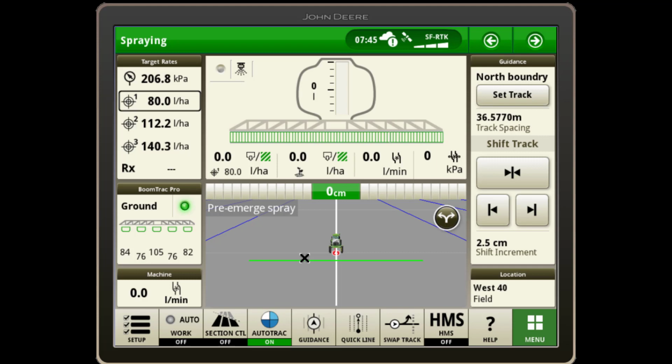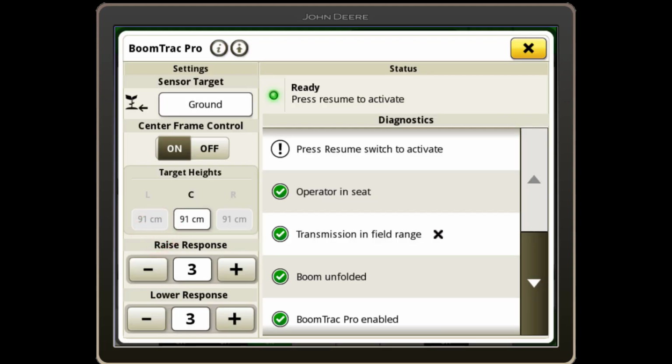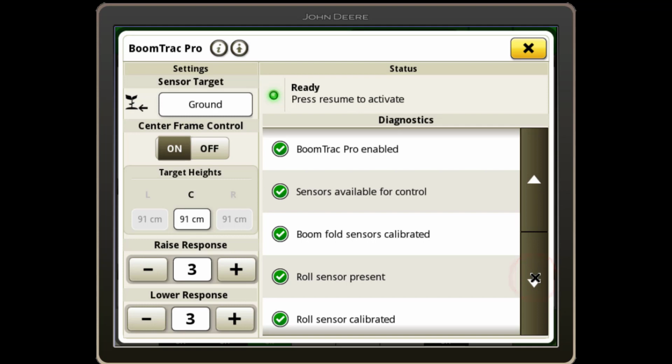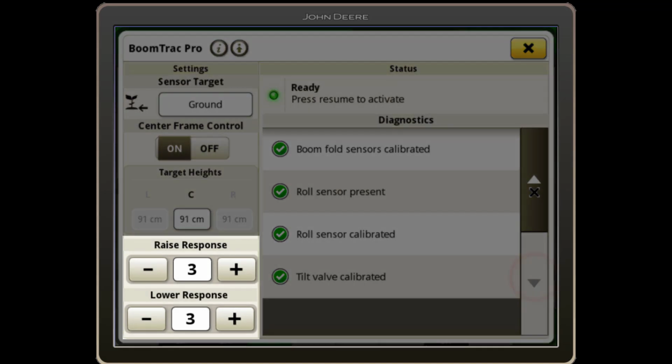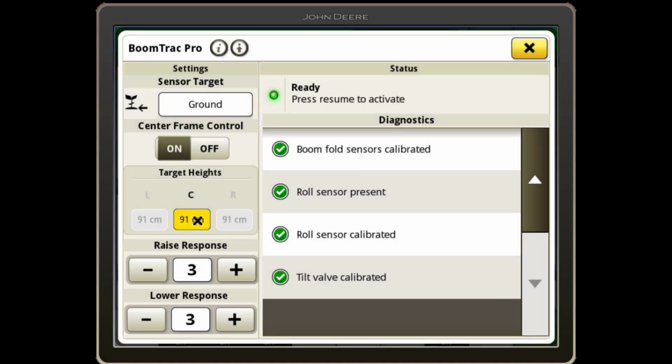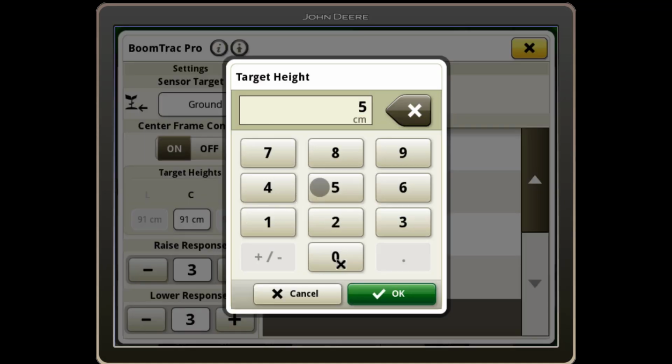For example, when selecting the Boom Track Pro portion of the spraying run page, you are taken directly to the Boom Track Pro app where you can adjust a variety of system settings, such as sensor target of canopy or ground, raise and lower response aggressiveness, and the target heights, which would usually be set to 50 cm for best